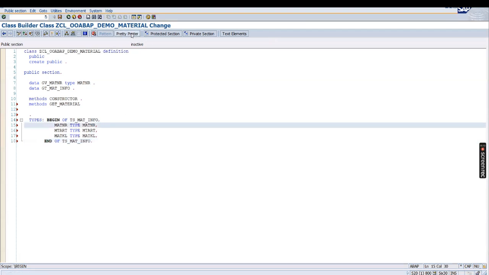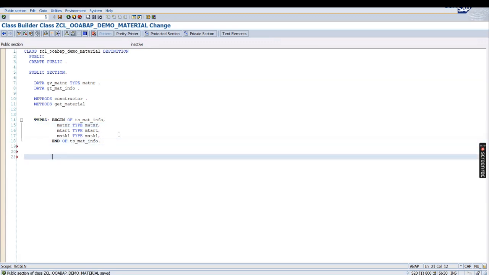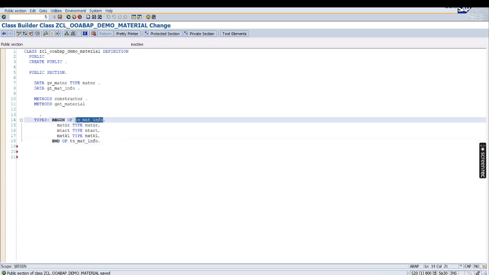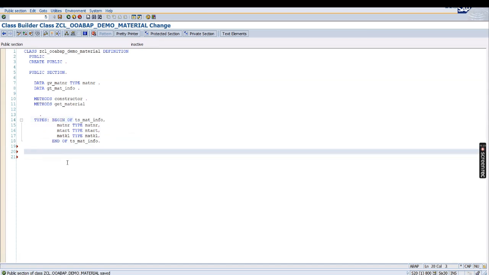So here you can see the pretty printer. Let me show you once again. In order to define the local type, this is defining am. One structure I have defined over here, but I want to get multiple materials. It depends on your requirement, how you want to do it. If you want to get multiple records, you have to first define